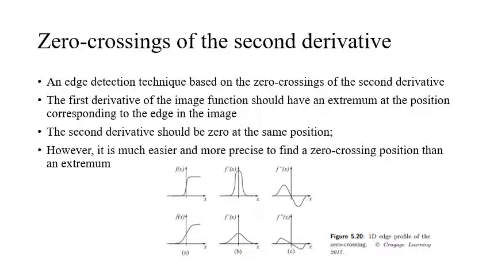If you look at the second one, that is figure 5.2b, it depicts the first derivative of the image function, and c illustrates the second derivative. If you see the second derivative, you can see that it crosses the zero level, right? Here you can see it crosses the zero level. So b defines the first derivative, c illustrates the second derivative, and you can see there is a zero crossing.